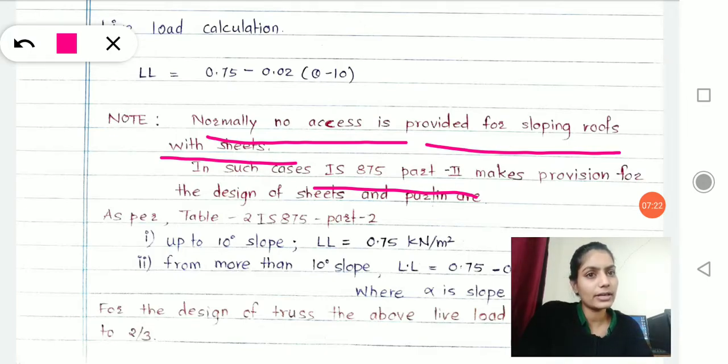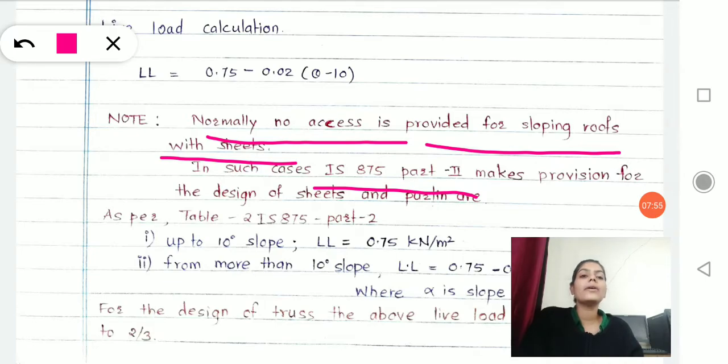As we use IS 800, the code book we use for our steel design, similarly there is a code book or codal provision where all the clauses are listed regarding load calculations. And which load are they talking about? They are talking about the loads imposed by human beings, or simply, live load.